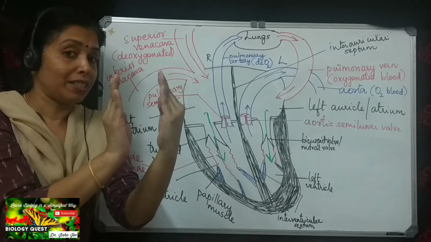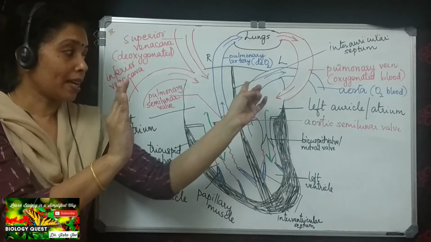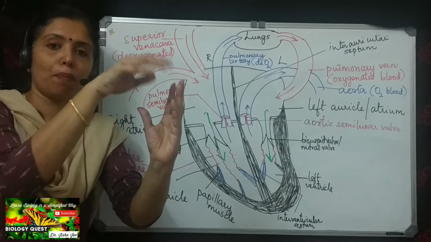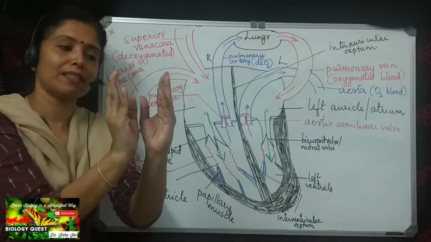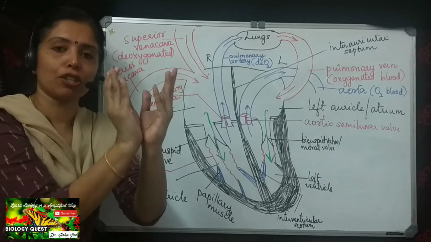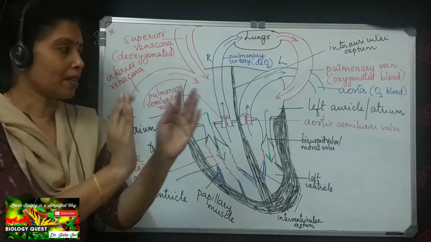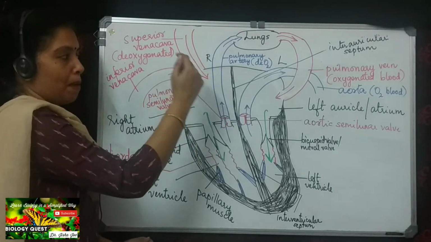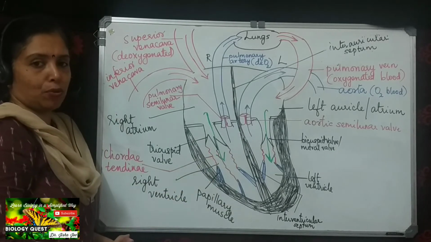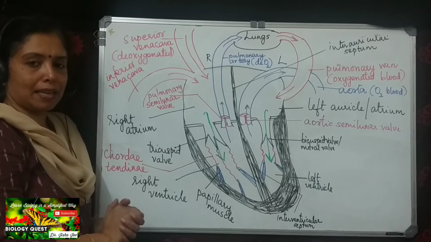Now when the ventricles relax, what happens? The blood from the pulmonary artery and the aorta tends to flow back. When it flows back, the openings of the pockets are directed upwards, and as a result the pockets get filled with blood. They get filled with blood and the opening is closed. You can see the opening is closed, preventing the backward flow of blood from the pulmonary artery into the right ventricle and from the aorta into the left ventricle. So that is how circulation of blood takes place in the heart.